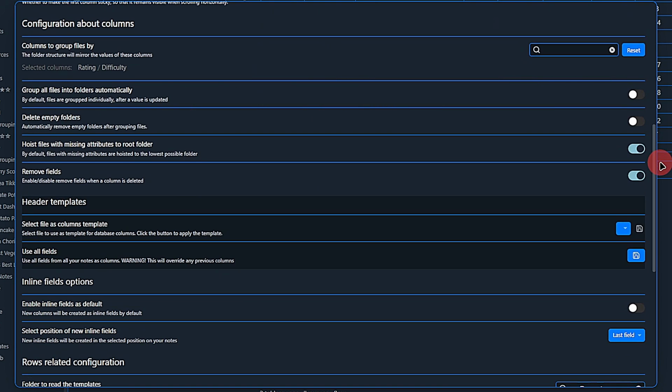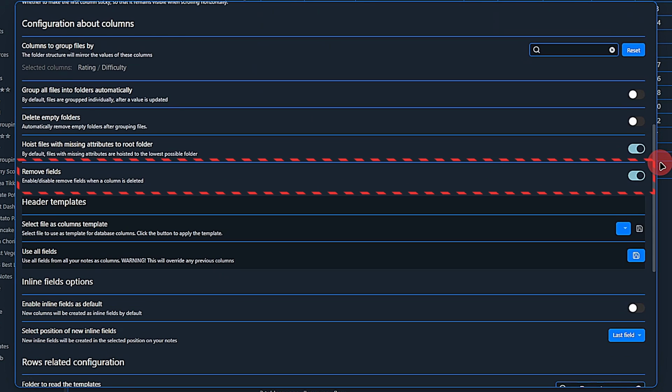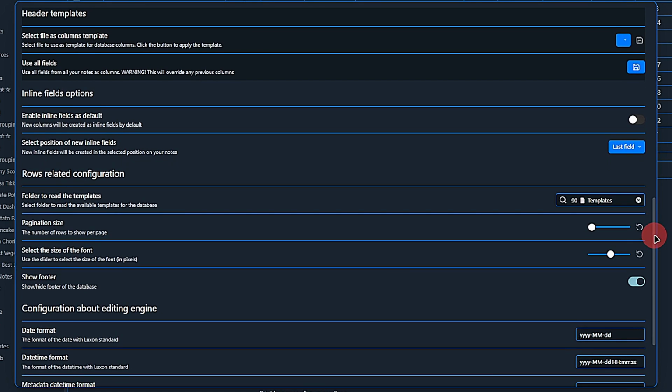If a file is missing one of the attributes needed for grouping, the next option lets you store them in the database's root folder by default and then clean them up later. The last option here is about removing fields from nodes when deleting a column, and we covered that one already in the plugin settings. If you find yourself creating databases that have at least some columns in common, you can